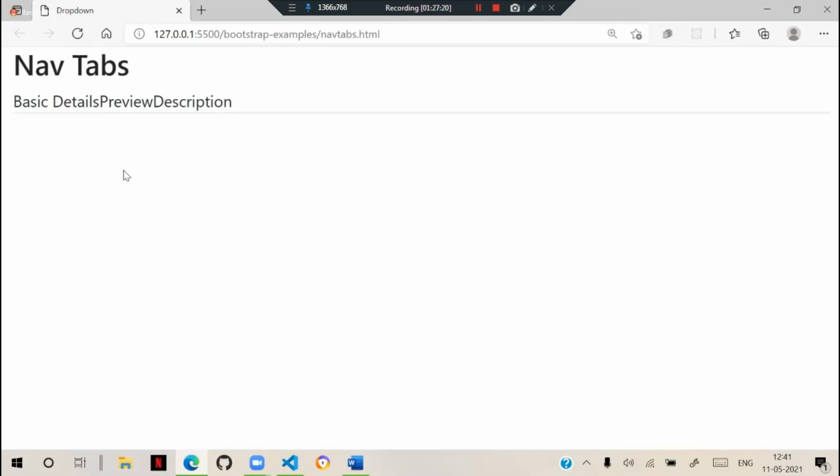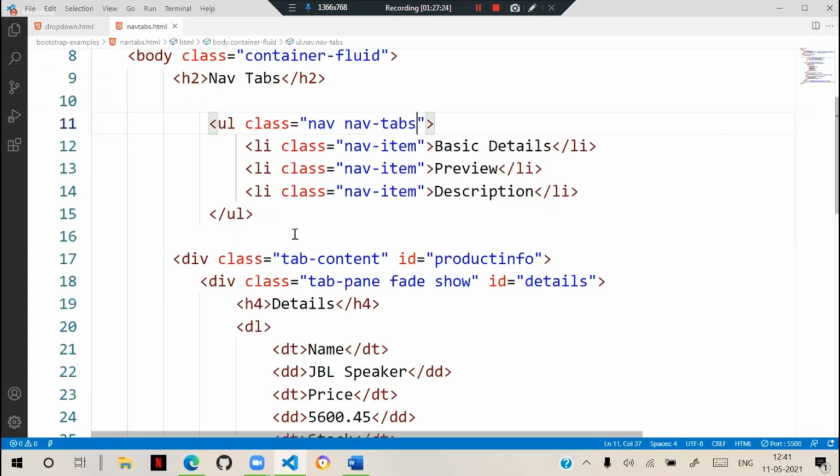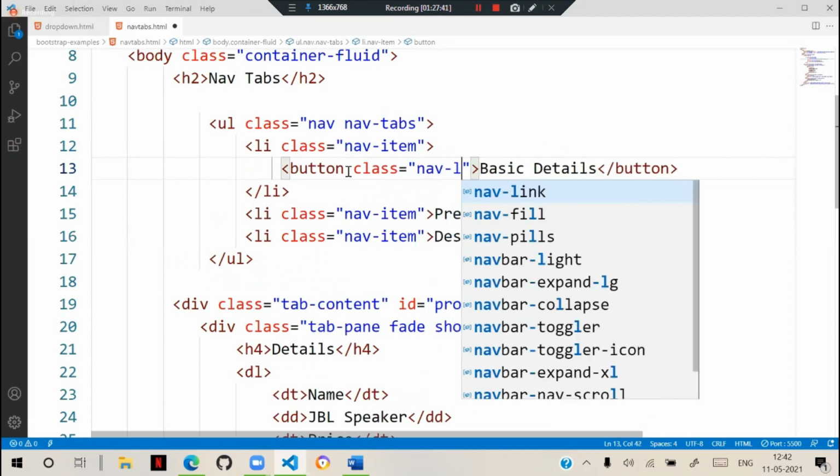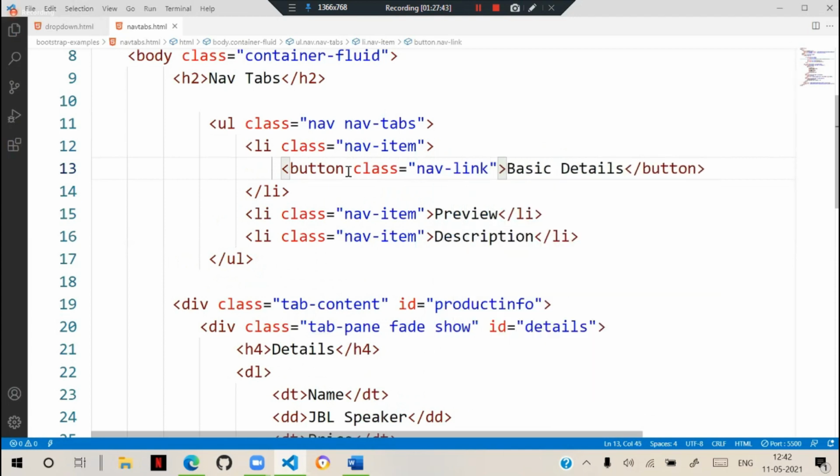So configure the buttons. That means we have to write basic details. The user must be able to click on that basic details. So what we have to define is we keep a button, basic details, and we put a class as nav link. Usually it is a nav link. Same for preview also.